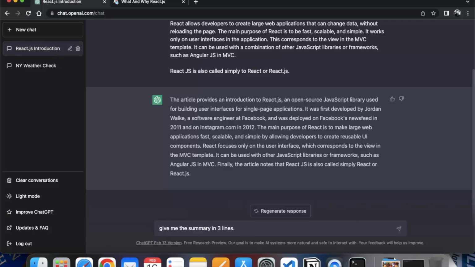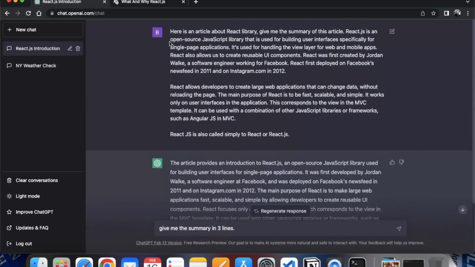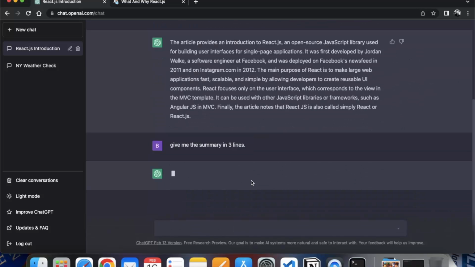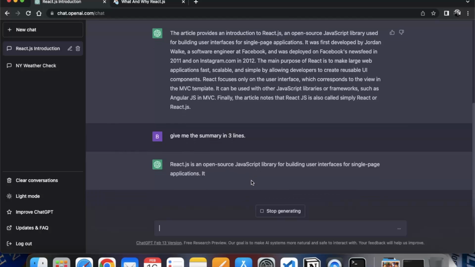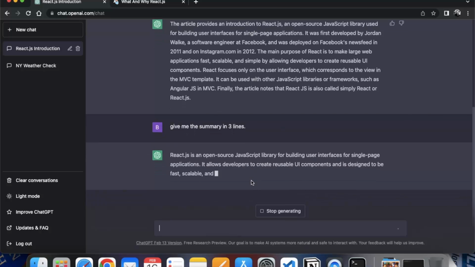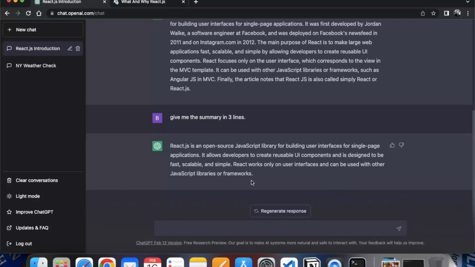Okay, so one more important feature of ChatGPT is that once you are in a single conversation, it also remembers our previous chats that we had. So if I just write give me summary in 3 lines, it understands that we are talking about the article that we talked about earlier in this conversation. So let me press enter, and now it's giving us the summary in just 3 lines. Okay, so let me delete this conversation as well,